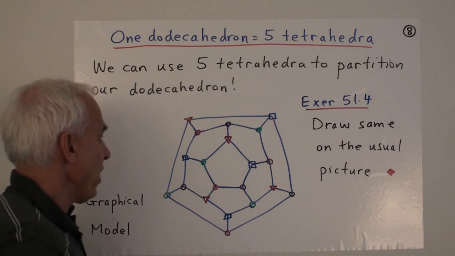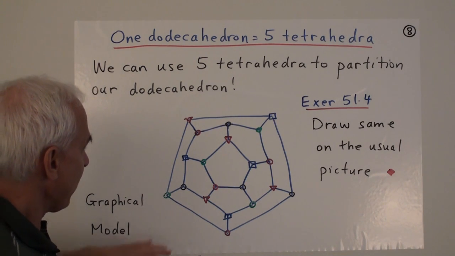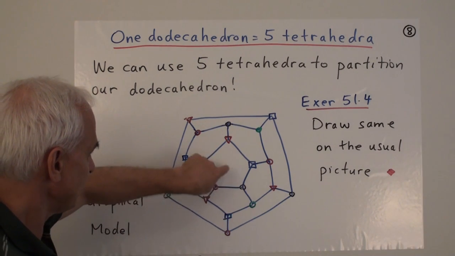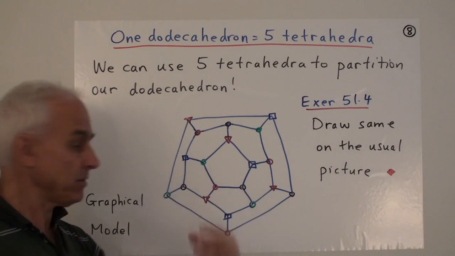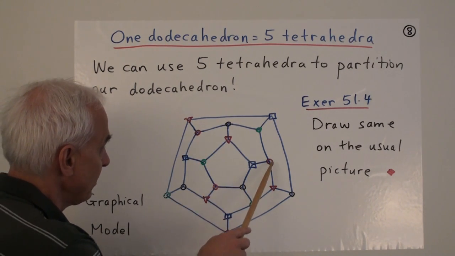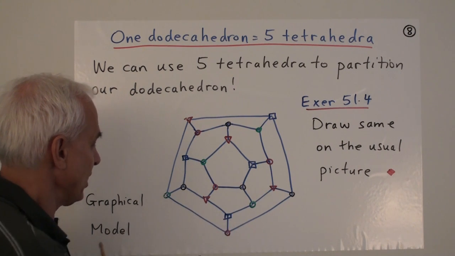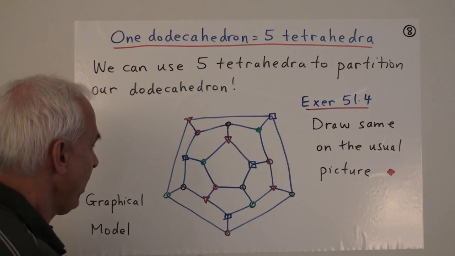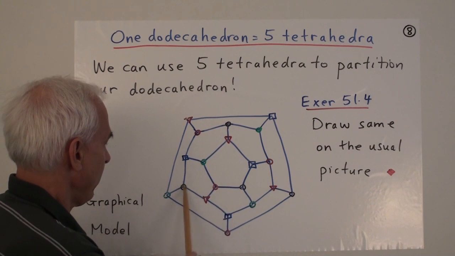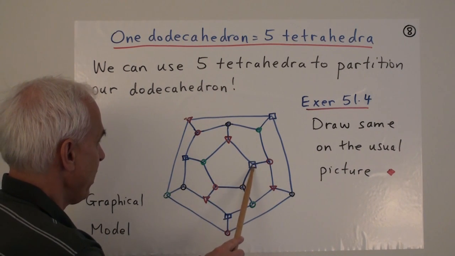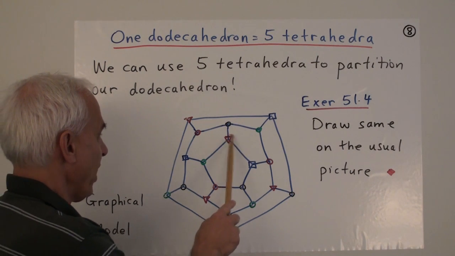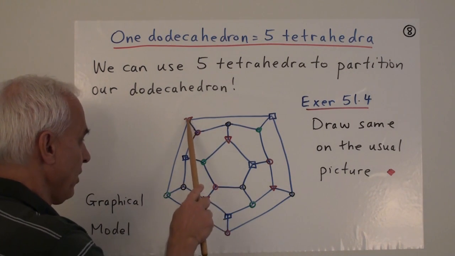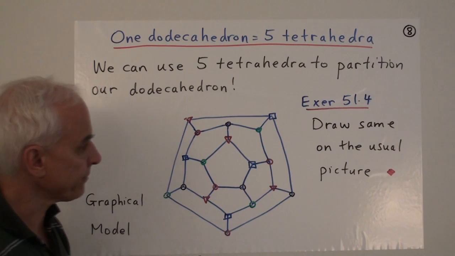Okay, and once we have the green one, well, then we can rotate it around, because a rotation about the central point will just rotate everything around. And so there's then a red tetrahedron with little red circles, and then a black one, and then a blue one with squares, that one there, there, and there, and then one more, this triangular red one with vertices here, here, here, and here.